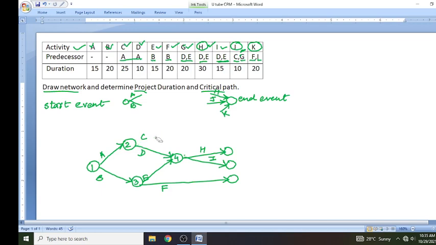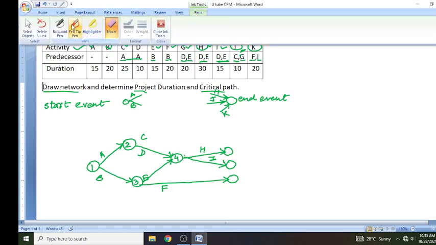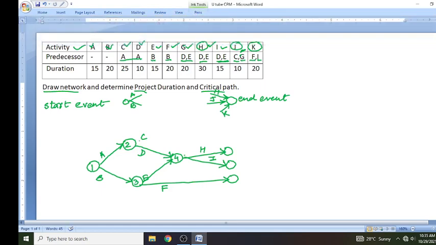Let me erase this one also. As per the requirement of the numerical, we can change the direction. I advise you to draw the network on rough, then make a fair copy. This will be G. Okay, G is finalized.